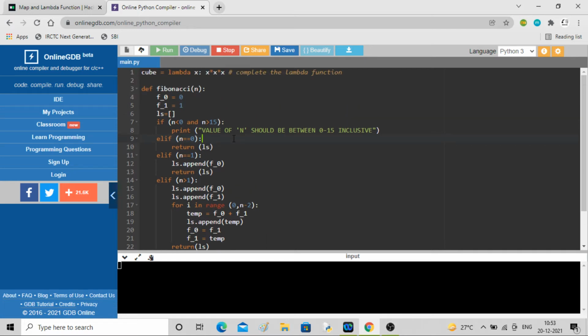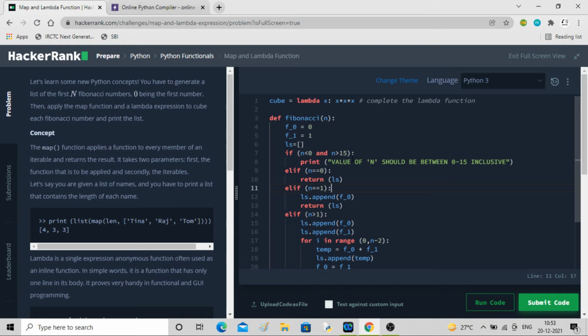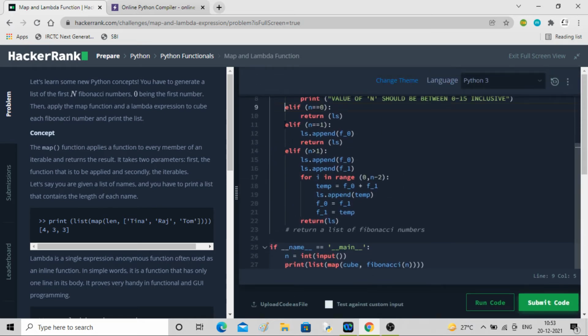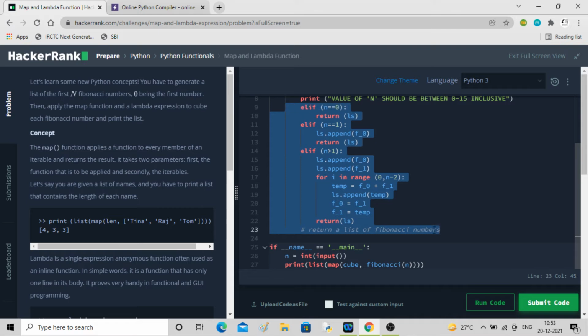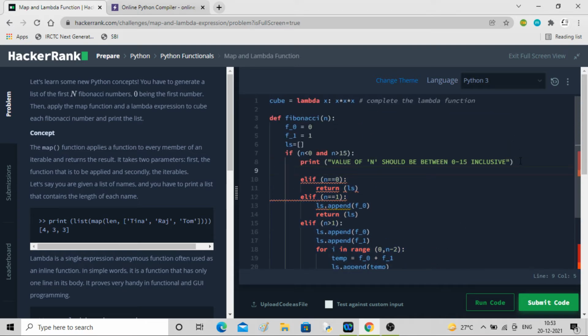I think I've made a mistake. Oopsie. Here it should come else. Why is it still working? But I think maybe there is a glitch. It should be like this, tab, and this else. This is the correct way.